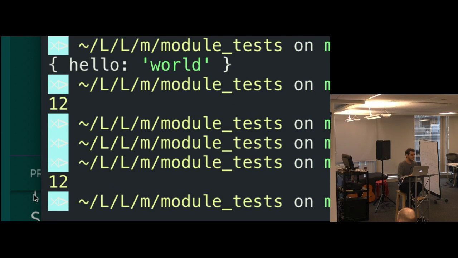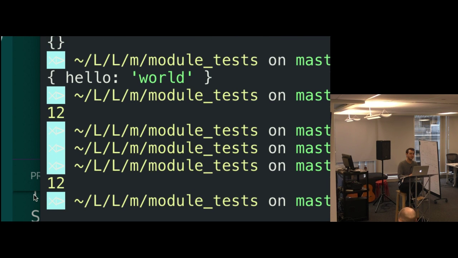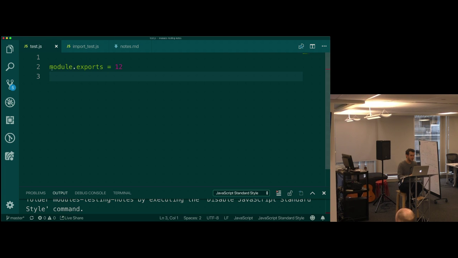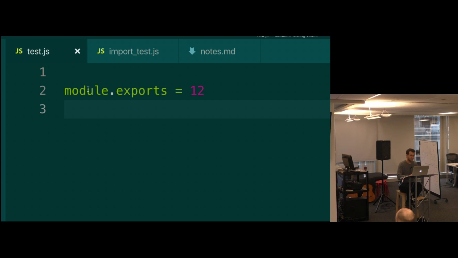What? I grabbed a value from a different file. Do I have the number 12 visible anywhere here? No, I don't have it visible here. So from this file here, I say, hey, the test file exports just the number 12.